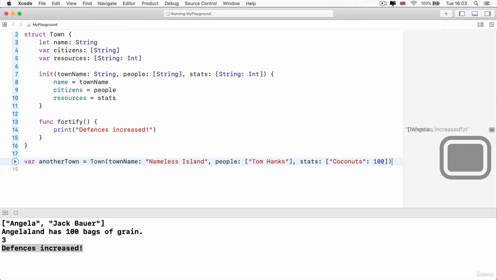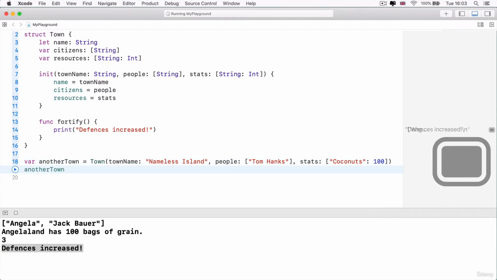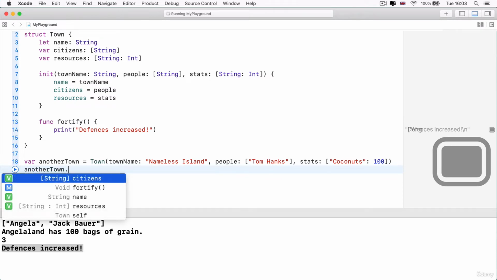So now that I've created another town, I can do exactly as what I've done before. I can tap into my object, the another town. So remember, the object is the thing that's actually created from the blueprint. And I can, of course, print the properties, say the citizens or the name.